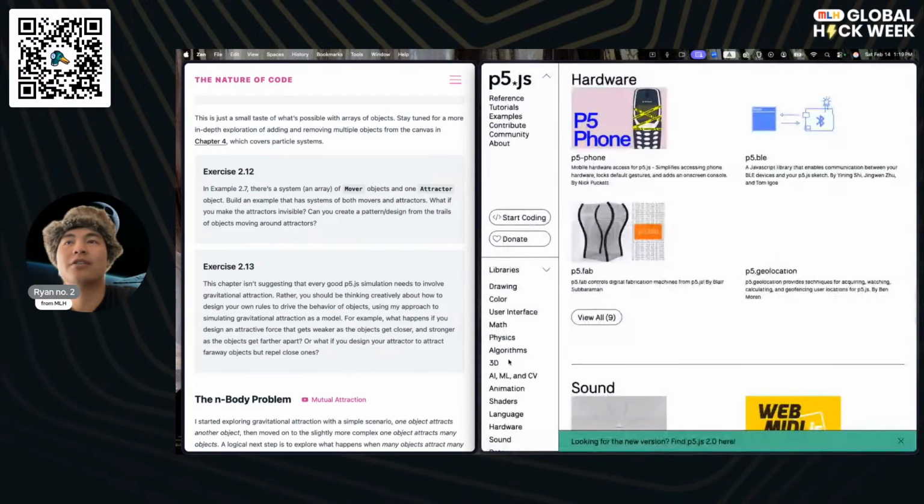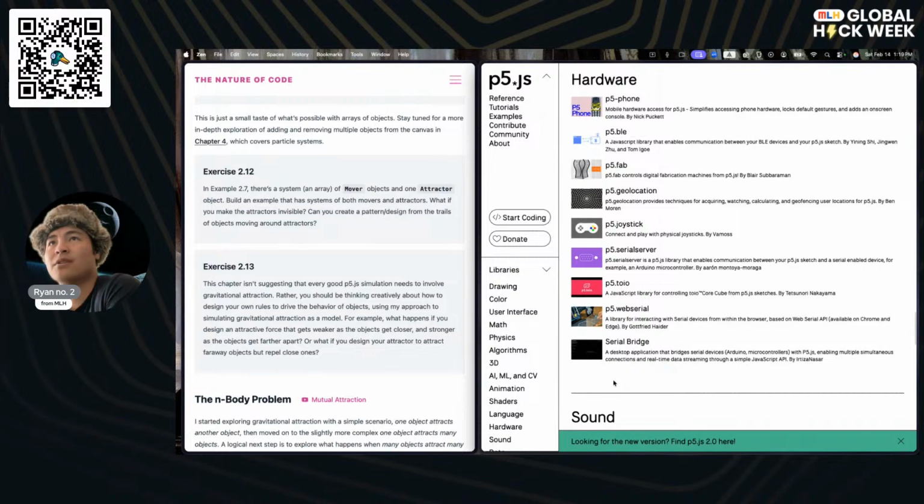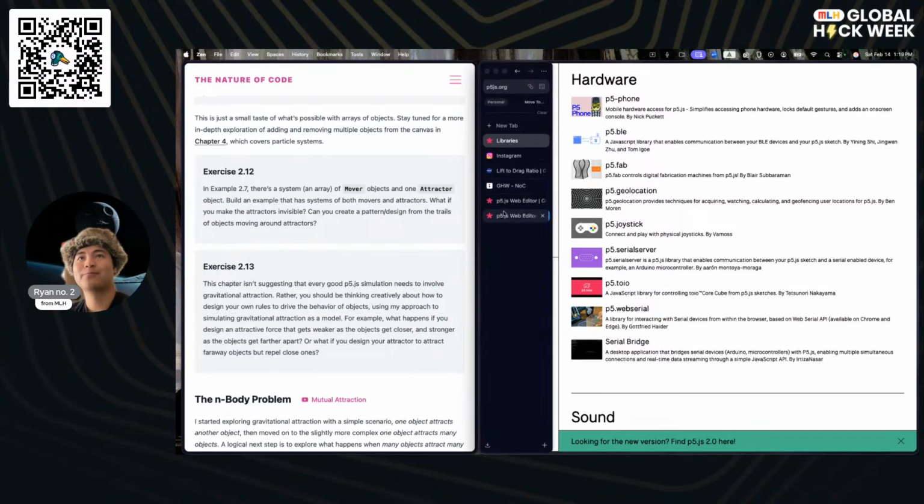There is one for hardware. Here we go. Oh, nice. I didn't know there was a phone library. That's pretty cool, actually. There's a Bluetooth one, location. Where's one for just Arduinos? Pretty sure there was one for Arduinos. Ah, here we go. Serial server, if you want to connect it to an Arduino or something. Anyway,